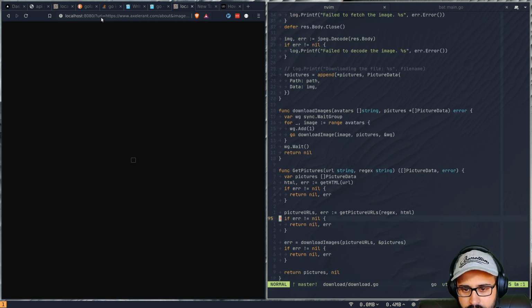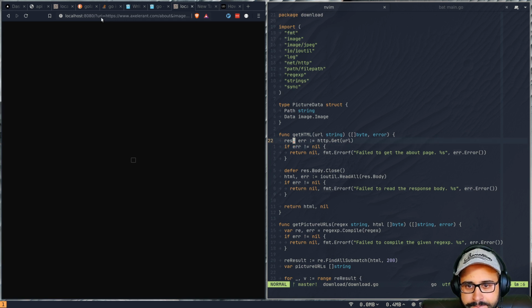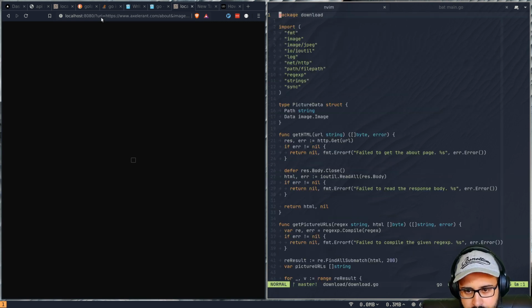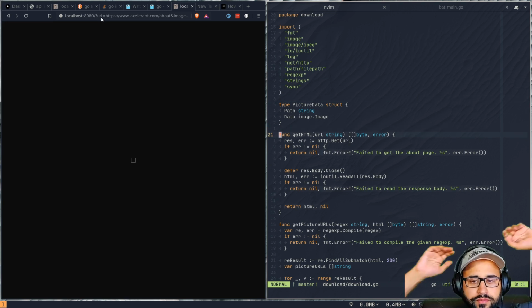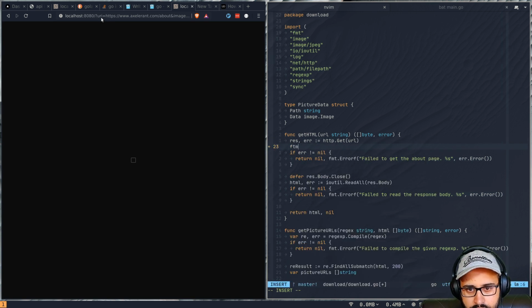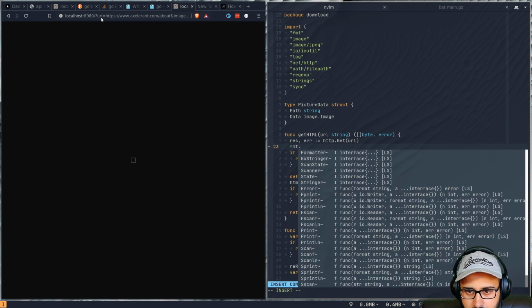So this takes in URL string and regex. So we go to get HTML, we get the URL, and which part does it throw there? Failed to get the about page. Okay, failed to get the about page. Okay, so this happens immediately. Can we print it in a way that it logs every